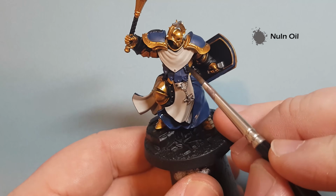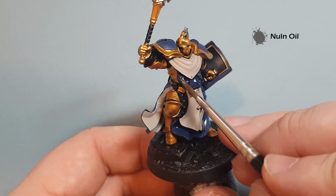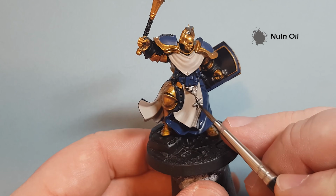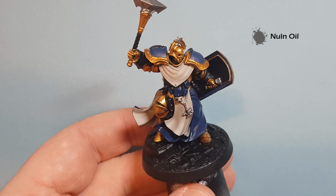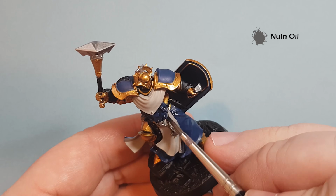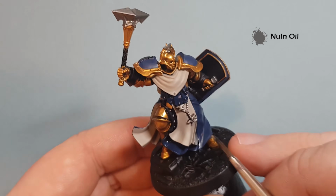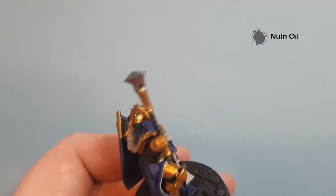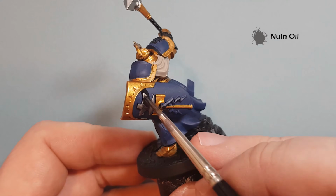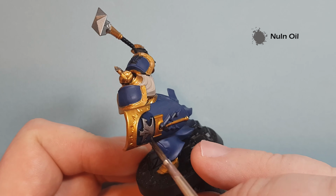We've got these parts on the front. There we can go all over the silver as well. And when you put the Nuln Oil over the chain, just take your time, because you don't really want to spill any onto the tabard, because we're going to shade that with a different colour. If you do shade it and it looks awful, then just go back in with that Rakarth Flesh and tidy it up. So we've got the back there, we've got the metallics on the shield as well. So basically what you're going for is all the metallics, all the bits that are Canto Blue,